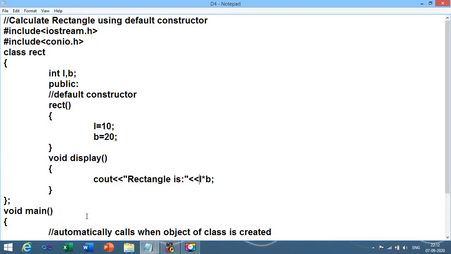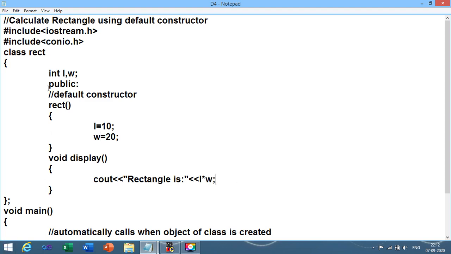This is the first program of our today's session. Calculate the area of a rectangle using a default constructor. The formula for a rectangle is L into B, or you can take L into W, length into width.